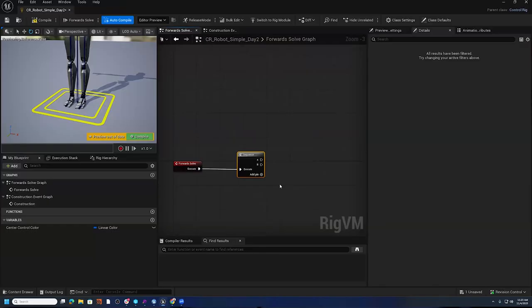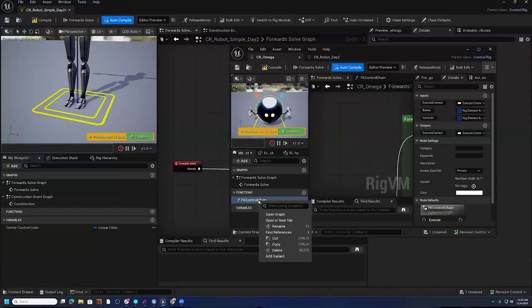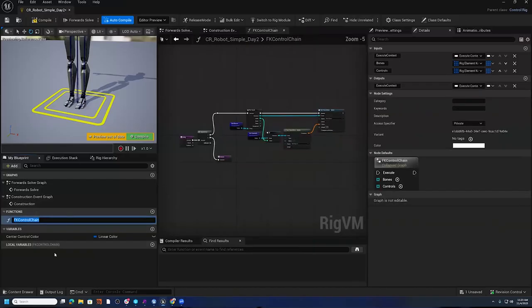Or thinking about yesterday, in James's presentation, he kind of already wrote a function that does that. So we're going to go and steal it from him. So I have the Omega CR asset here. And I see the function here is called FK control chain. I'm going to right click, copy that, and then go over to my asset and go over to the functions, right click and paste function. I'm going to name this forward FK,